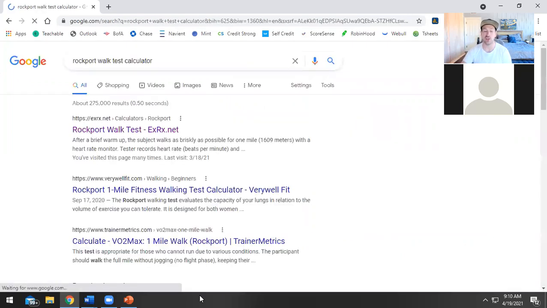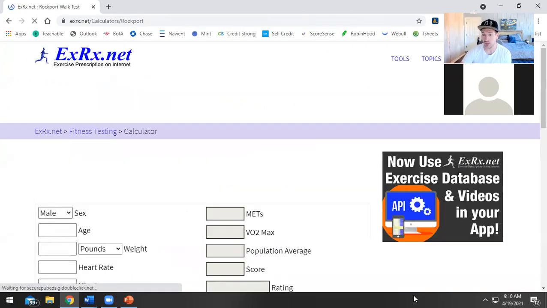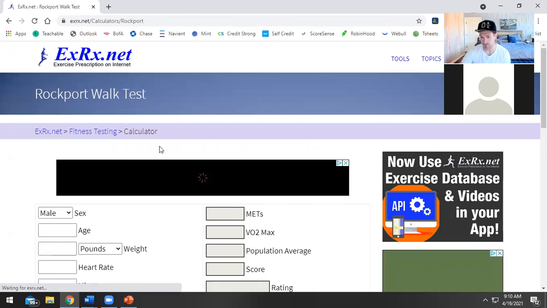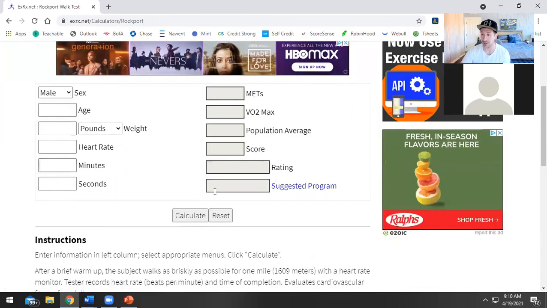So you're going to measure how long it took them to finish the assessment, the number of minutes and the number of seconds. So let's say it took your client 14 minutes and 18 seconds. And you're going to measure what their heart rate is at the end of the assessment. So this is very different